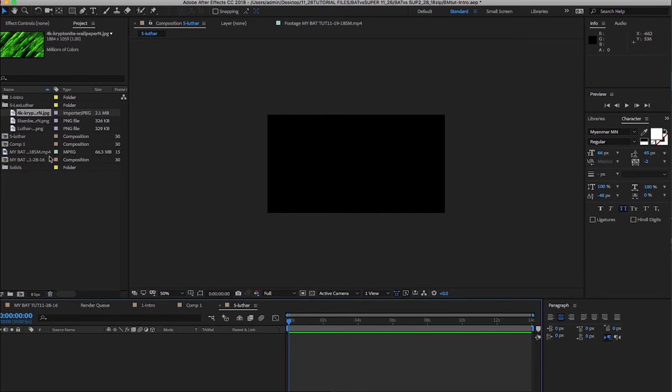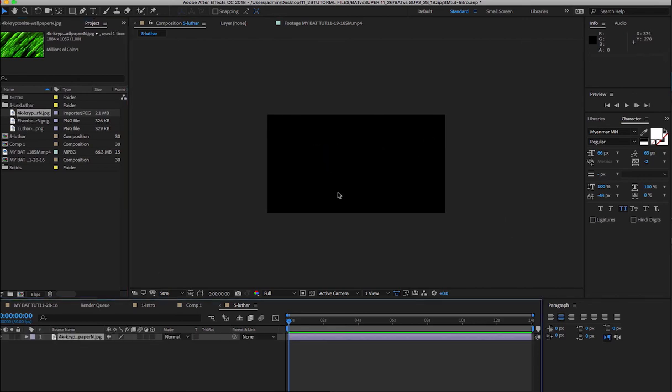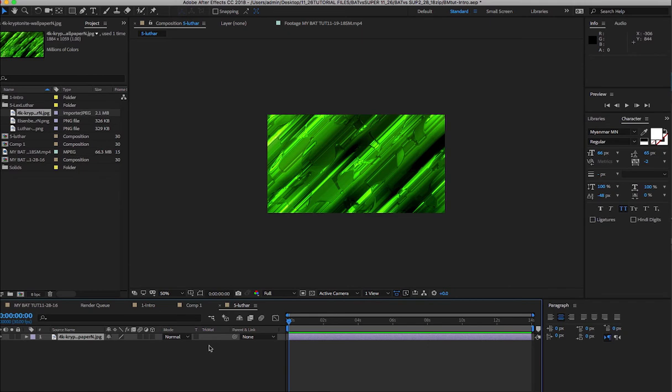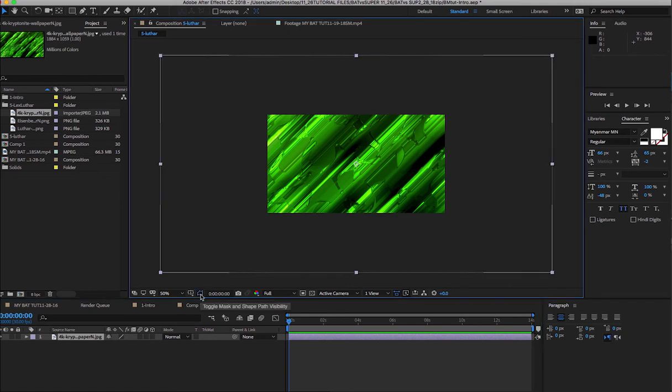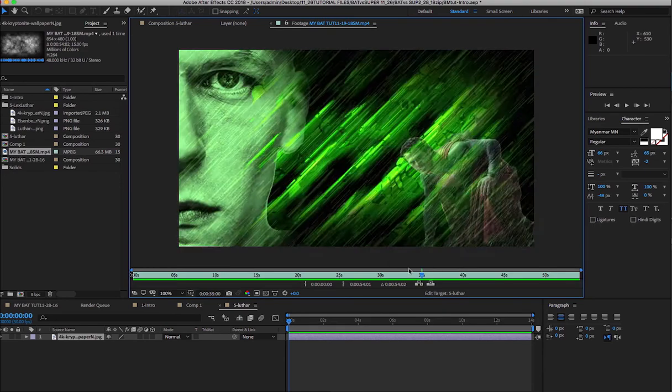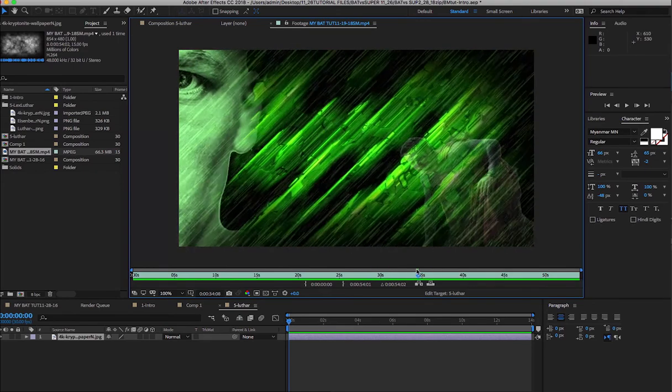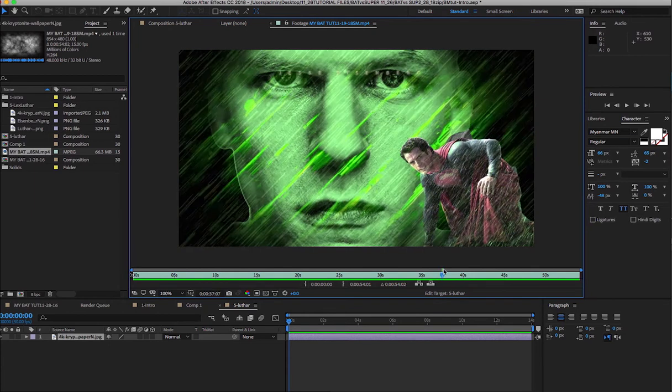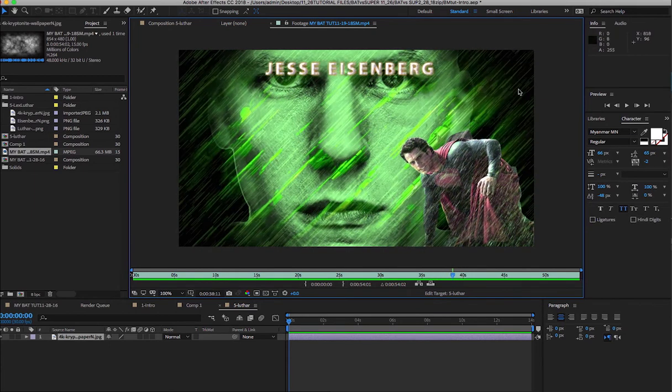I'm going to start by dragging the background element into the comp window. It's called 4K Kryptonite Wallpaper. I'll drag that onto screen. And I want to scale this from its corner. So if we take a look at the finished piece, we can see that the background scales for the 14-second duration, and it goes from small to large, scaling from